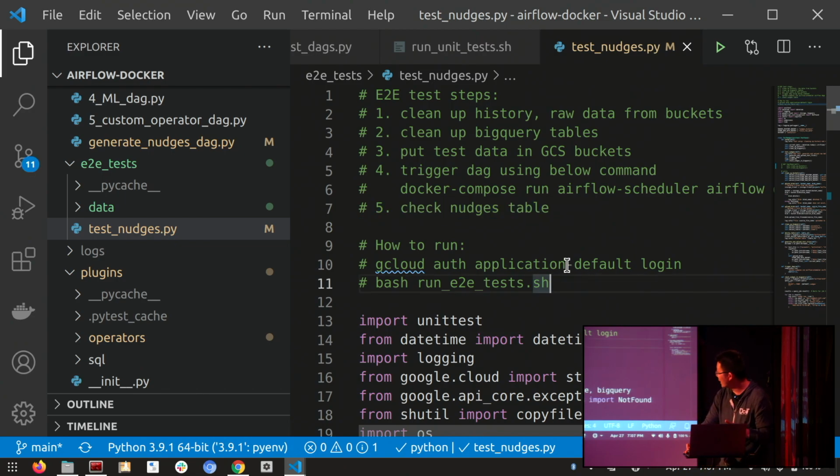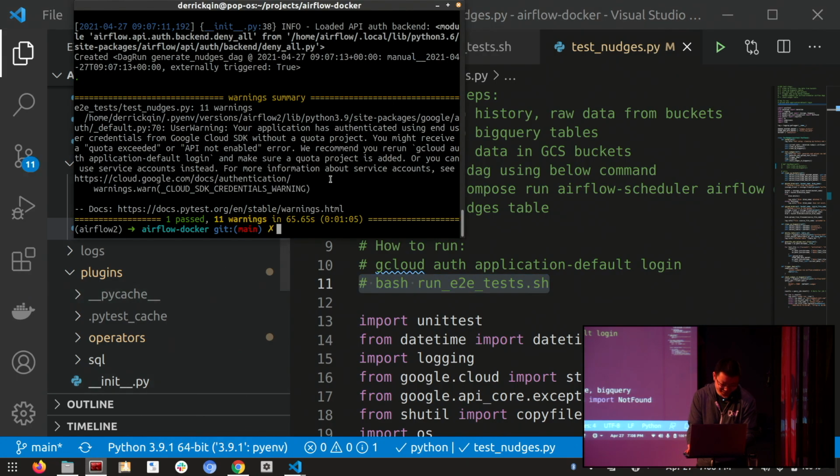And then to run that, what I'm doing now is I just want to authenticate Google Cloud default. That will give me enough permission to run the job. And then I just run the bash script, which I happen to just run there. Anyway,